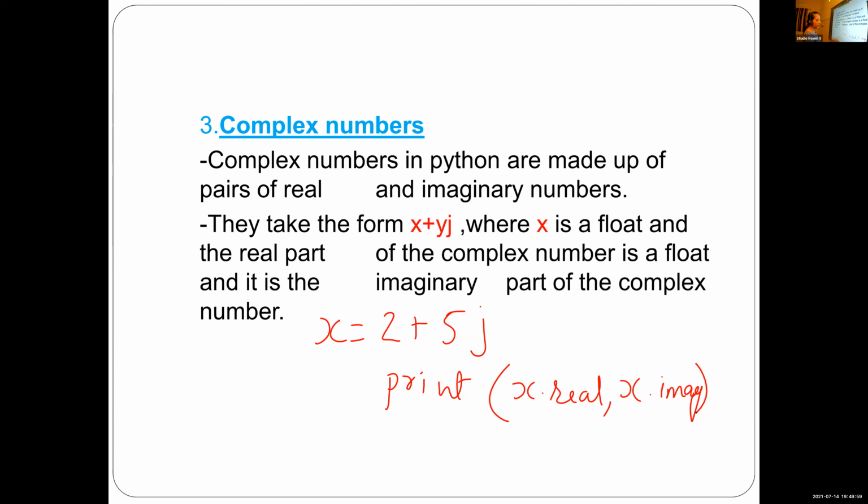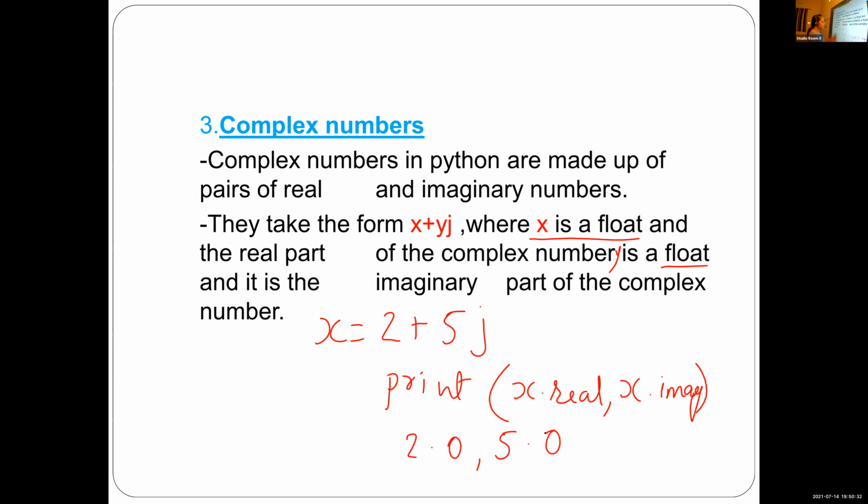After executing this statement, the explanation is that the real part is a float number, and y also is a float number. So after executing this statement, the value is 2.0 and 5.0, not 2 and 5.